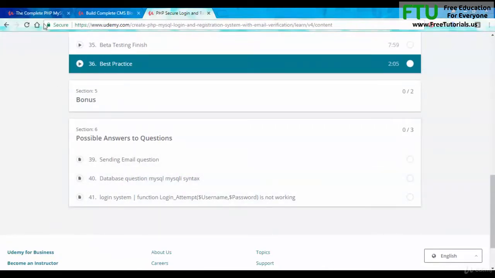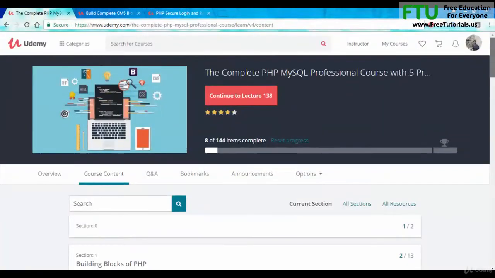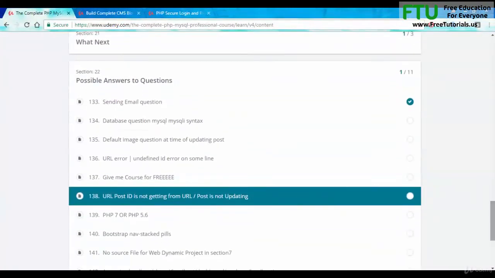Now let me show you how you can use this section to resolve your issue all by yourself. For example, inside the complete PHP MySQL professional course, inside the last section of possible answers to questions, you can see the headings of these lectures. If you have some problem with the email process, you can find the relevant keyword inside the section, and I can find email right here. So my email question will be answered inside this sending email question. If I click on this lecture,